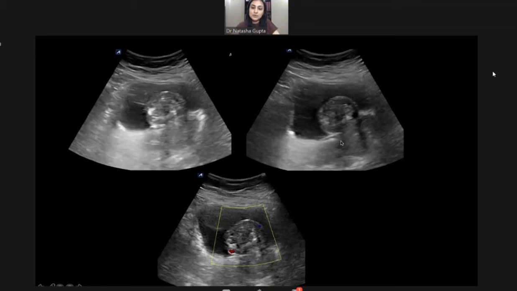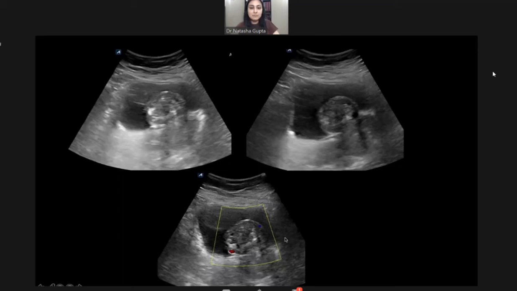And also we can notice here, if we look carefully, that there is this figure of 8 sort of appearance, a dumbbell sort of appearance, where there is this extrinsic component also to the mass. We can see that this is the hyperechoic mucosa, which is seen along the mass, which is lifted up here, which in an indirect manner favors that this is not a primary mucosal mass, but could be a submucosal mass.